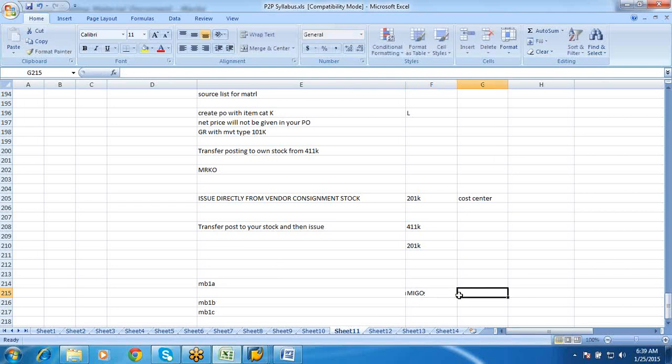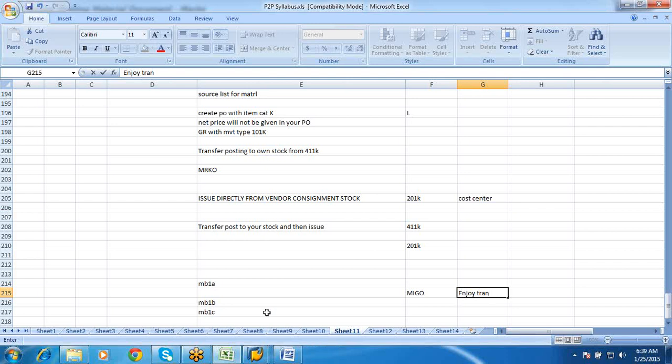We call MIGO the enjoy transaction, because MIGO started from the 4.6C version.